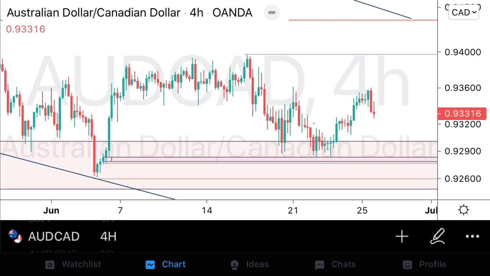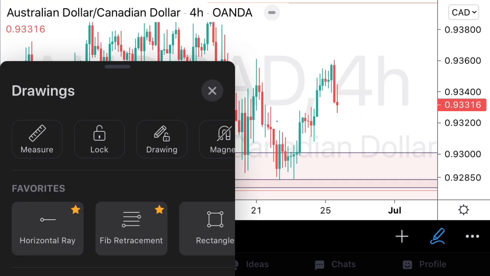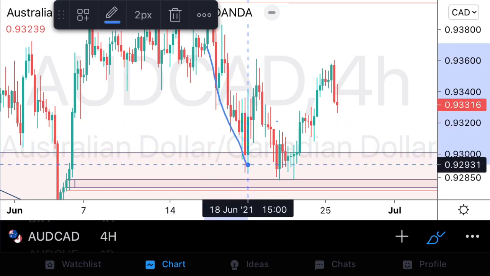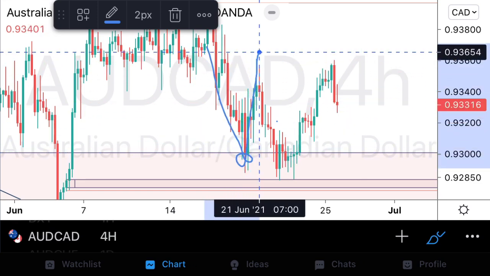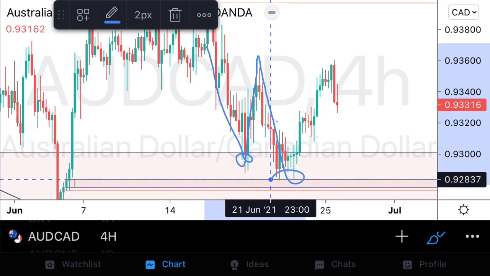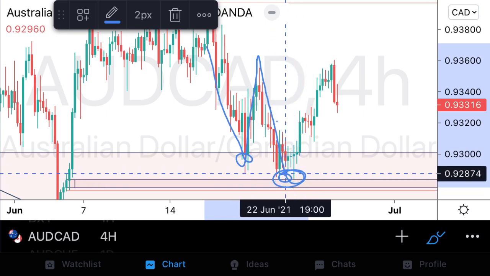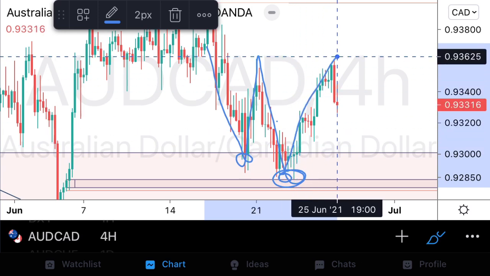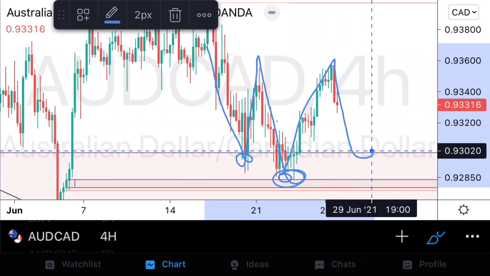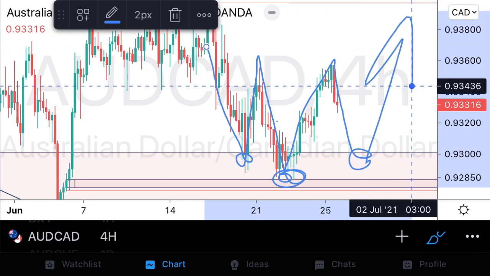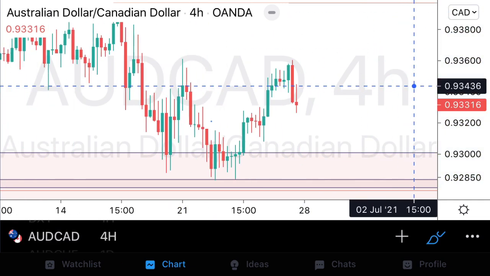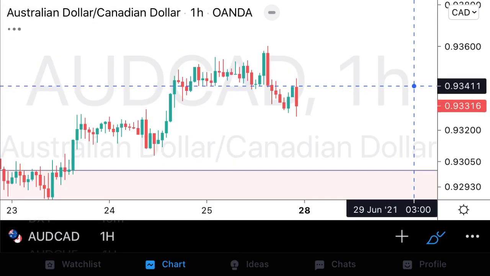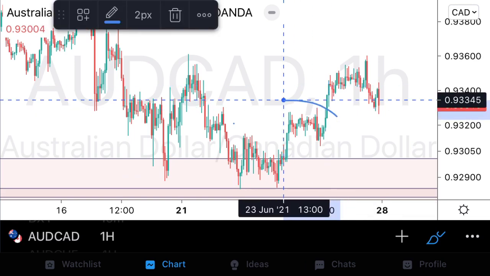We can also, guys, conclude that we've seen prices coming in from the upside, establishing support, establishing resistance. We have new lower lows in this area, giving us a potential head, and then we obviously have the potential to come and complete that right shoulder before we see that upside momentum. What I can say about this pair, especially if we go down onto an even smaller time frame like the 1 hour, is that we do have some important